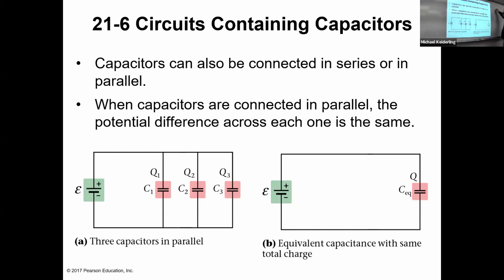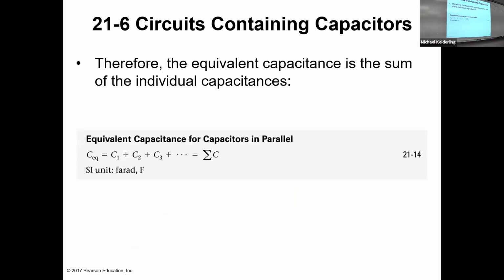So for capacitors, the equivalent capacitance in parallel is C1 plus C2 plus C3, or just the sum of the individual capacitances. So they add in parallel as opposed to resistors, which add in series. So the rules sort of switch for capacitors and resistors. So the equivalent capacitance is the sum of the individual capacitances. For series,